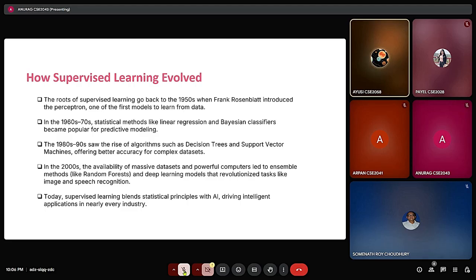In the 2000s, the availability of massive datasets and powerful computers enabled methods like random forests and deep learning models that revolutionized tasks like image and speech recognition. Today, supervised learning blends statistical principles with AI, driving intelligent applications in nearly every industry. So in the next slide,